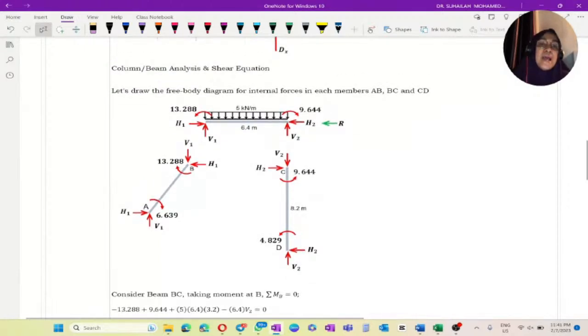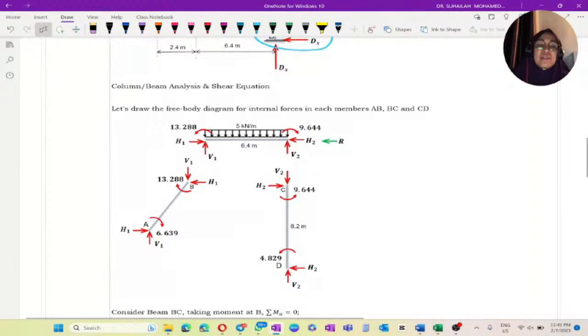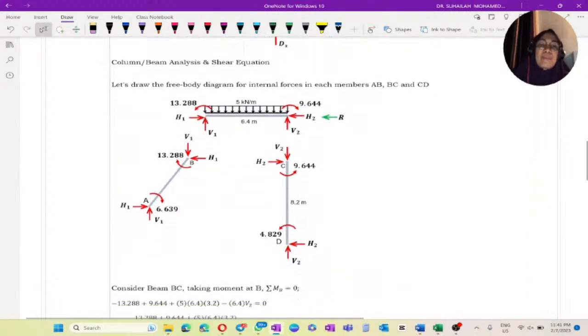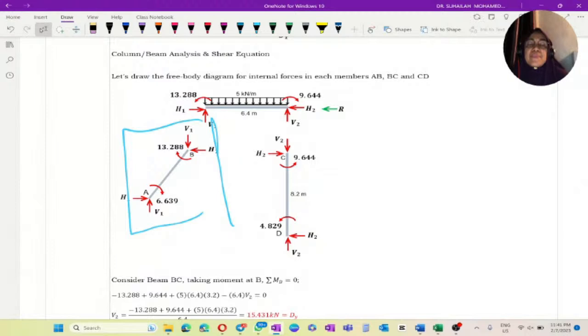So the moment MAB we get from table, 6.639 and 13.288, we put in the diagram for member AB. And then the system must be in equilibrium. System means we have to make sure that the structure is in equilibrium, the element is in equilibrium, the joint also in equilibrium. So when we draw it separately like this, we have to make sure that for element also,